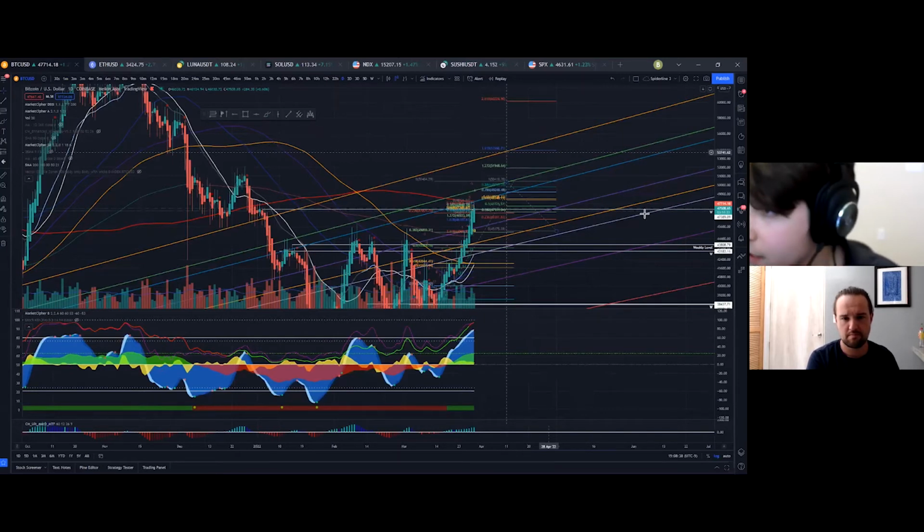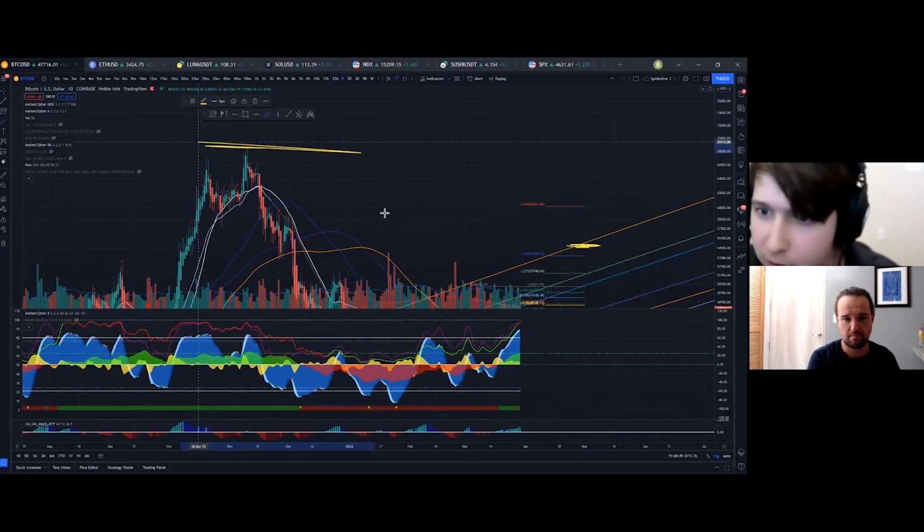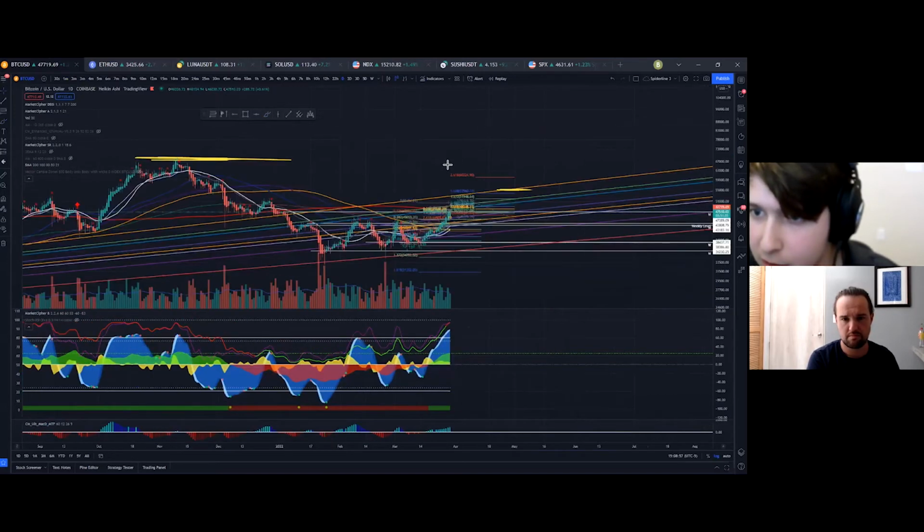So if I was looking at the market that way, and I am looking at an ultimate target down here around 20K, if I was trying to enter some swing trades, I would be totally fine with entering a 2x short here, a 2x short here, a 2x short here, a 2x short here, and maybe if I'm lucky, a 2x short here, stop loss at all-time high with the intention to ride that all the way down to 20K.